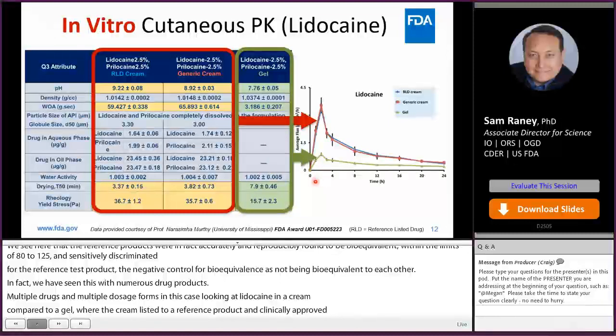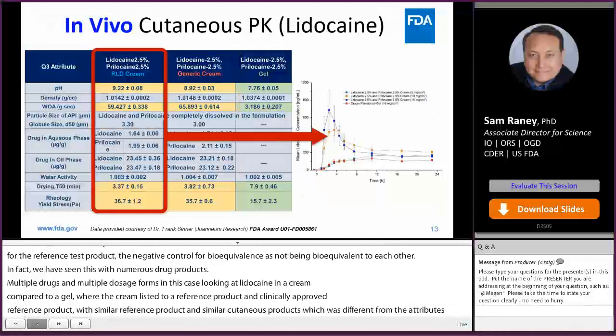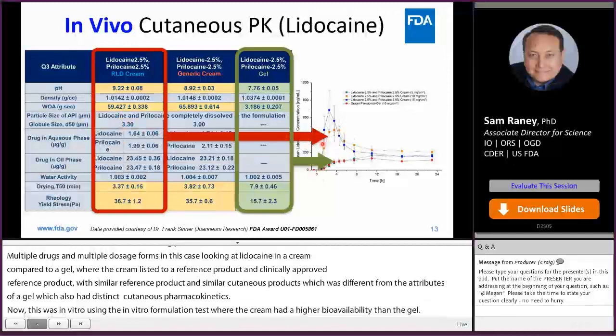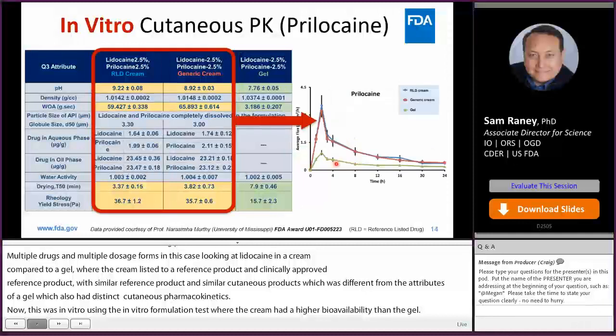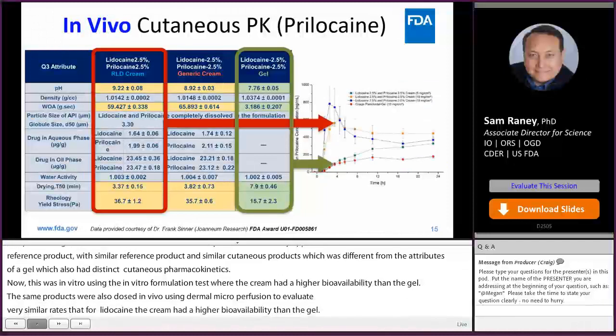Now, this was in vitro, using an in vitro permeation test, where the cream had a higher bioavailability than the gel, and the same products were also dosed in vivo using dermal microperfusion to evaluate very similarly that for lidocaine, the cream had a higher bioavailability than the gel. This is for lidocaine, but a very similar profile was seen for prilocaine in both the in vitro and the